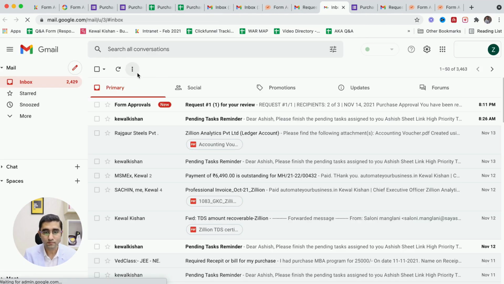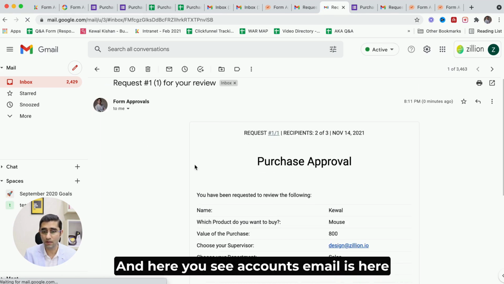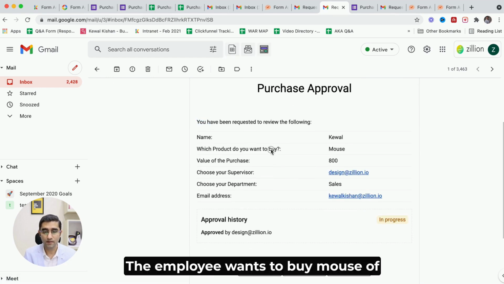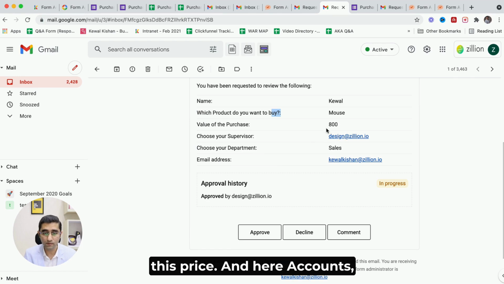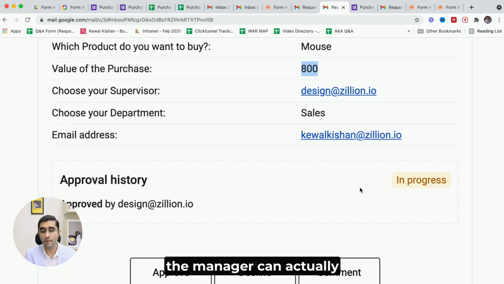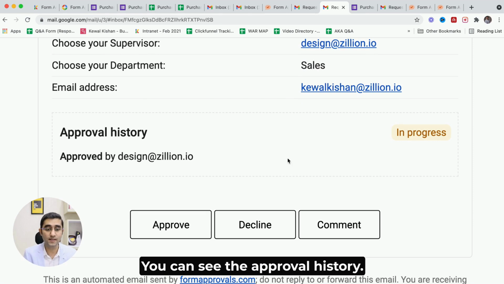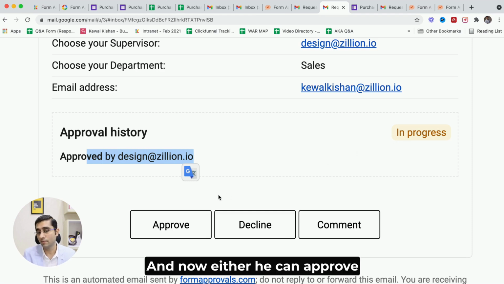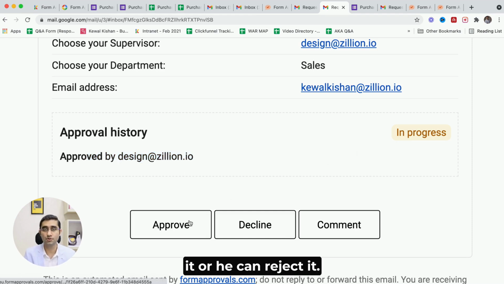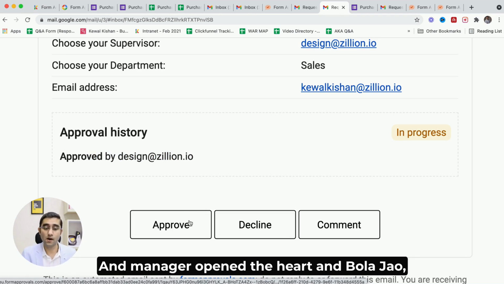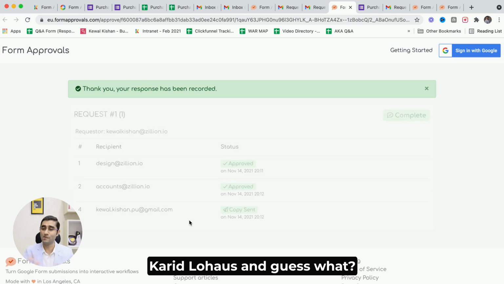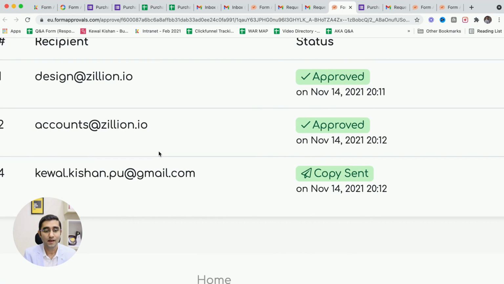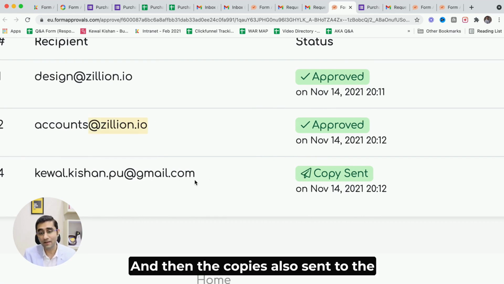Okay, and here you see accounts email is here, and it says you have been requested to review this. The employee wants to buy a mouse of this price, and here the accounts manager can actually see what's going on. You can see the approval history. It has been approved by the supervisor of the employee, and now either he can approve it or he can reject it. And manager opened the mail and said, go ahead, buy the mouse. And guess what happened here? Manager has approved it, and then the copy is also sent to